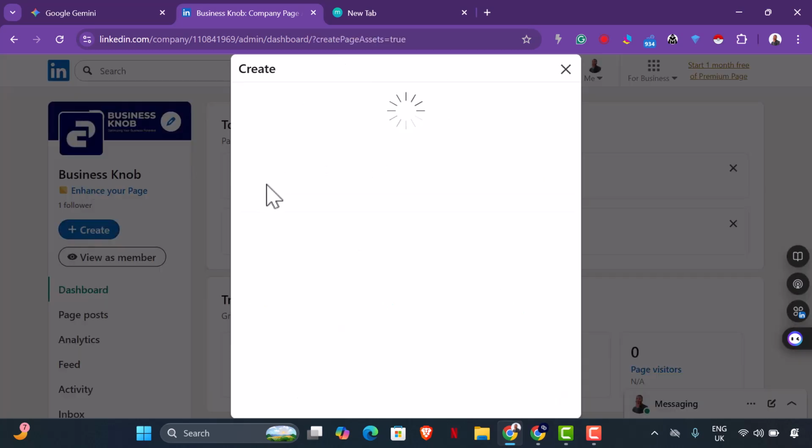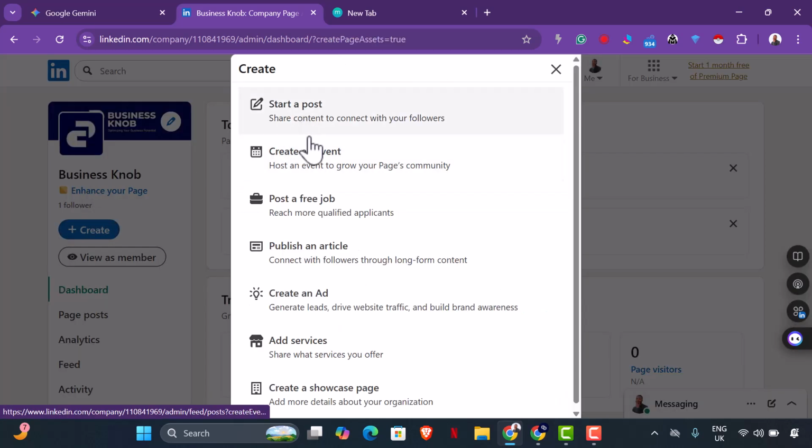When you come to create right here, you see different types of content you can create. You can create a post, you can create an event, you can create a free job. Posting a free job is content as well. In fact, I have something to say about posting a free job. Most people use it as clickbait. That's why most jobs you see online might not be actually true, because people use it as clickbait just to put their complaints out there. Yes, it happens that way. And that does not mean that there are no real jobs out there. Yes, there are real jobs, but some people are there to just make their page pop.